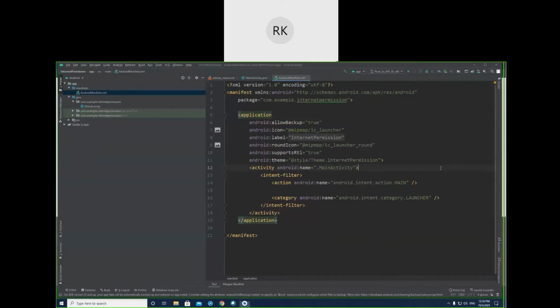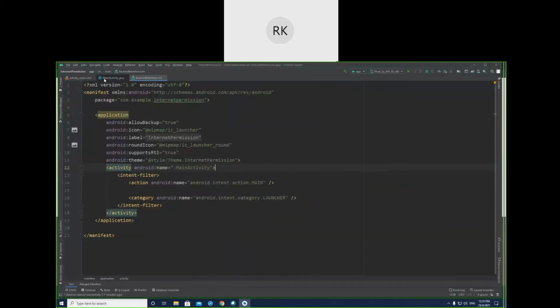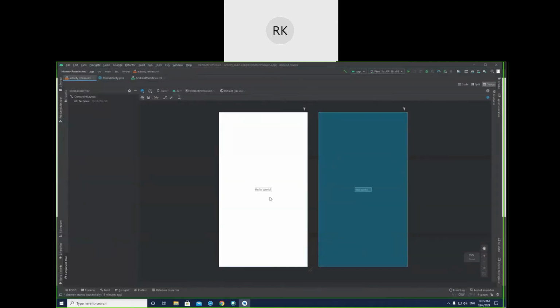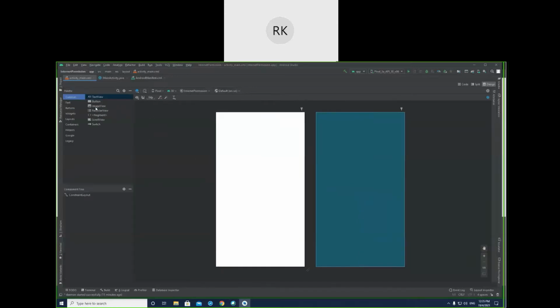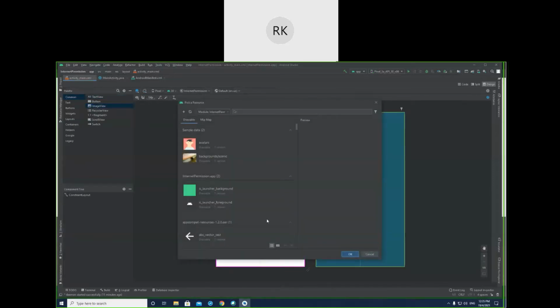Okay. Now I want to share with you another fundamental concept: how to do network operations from an Android app. I just created a simple project. There is nothing in it yet. Let's delete this one. I want a very simple one, like I will just put an image view here. In this image view